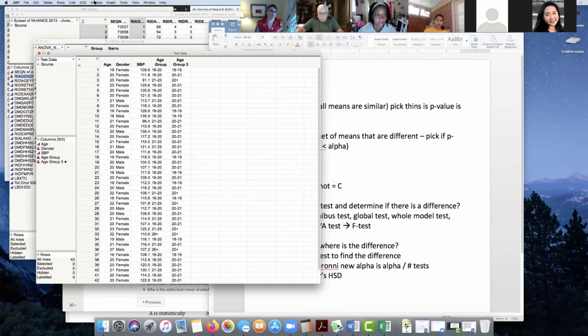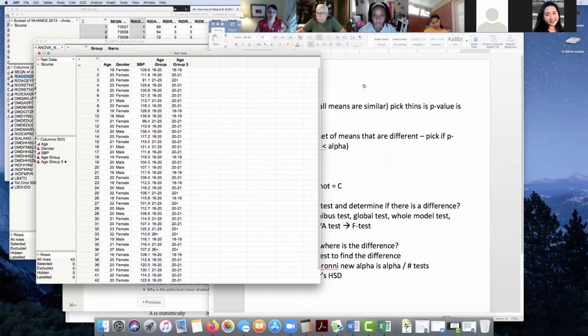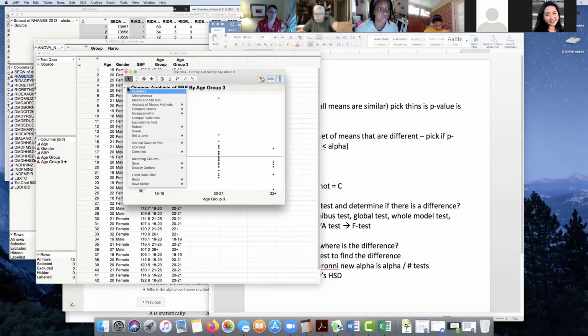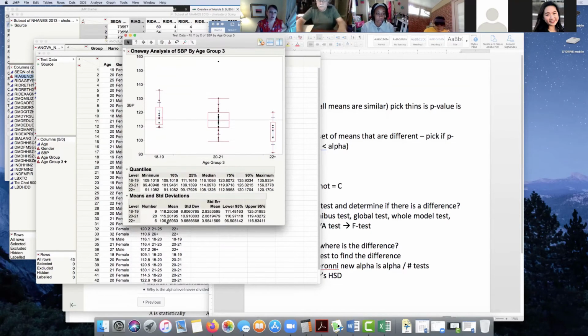And I would do an analyze fit Y by X on systolic blood pressure as my outcome, and this age group 3 as my predictor. And now we've got an ANOVA here, and I can do my quantiles, and I can get my means and standard deviations, and I can say, okay, so it kind of looks like my highest systolic blood pressure is in my younger students, which seems weird. But it's not that much higher. Maybe they ran to class that day, or who knows. With a mean systolic of 115 in the 21, and then slightly lower in the 22 plus. Maybe they work out more, I don't know.